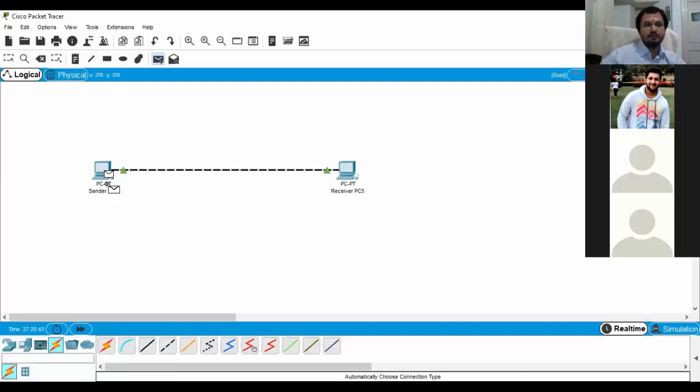We are simply talking about when we are connecting two devices. That's why I'm saying I'm just connecting two devices. There is no need of a switch here because I have used this cross cable. So there is no need to use a switch. But one of the important things that's still missing over here is, can anyone tell me?